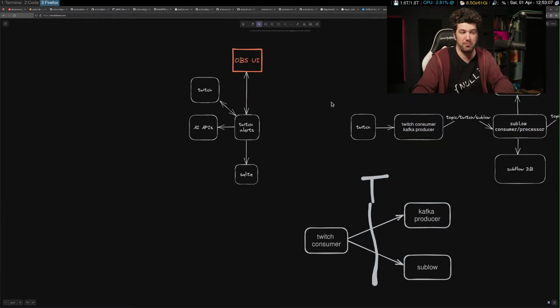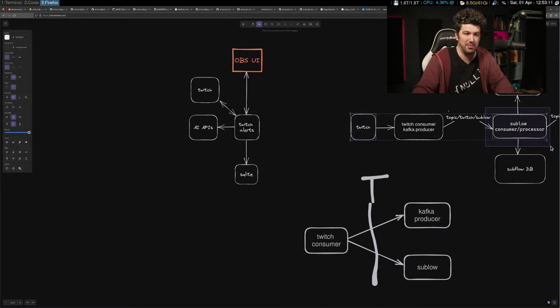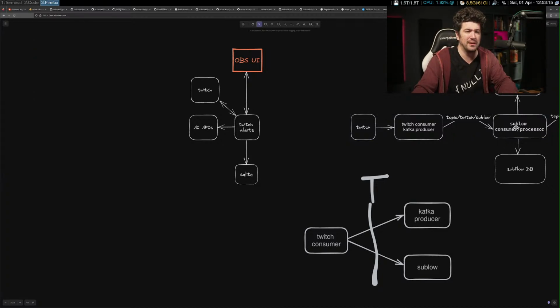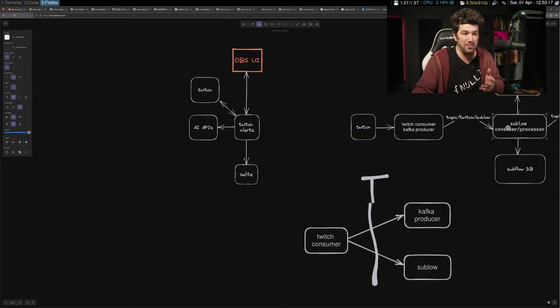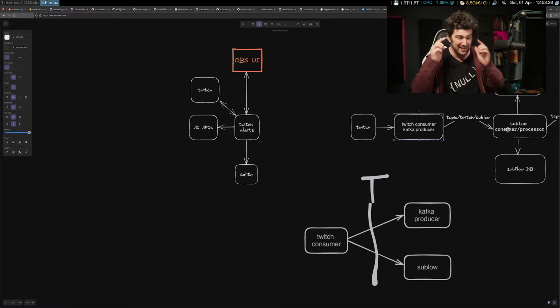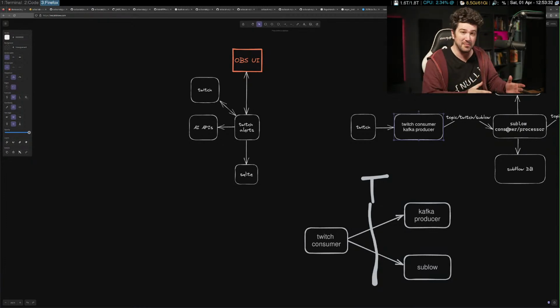When it's compiled as a single application, this and this are compiled together. That's my thought currently. Now, when this is compiled separately, it gets a Kafka consumer. So it just consumes the exact same message that Kafka would produce, and passes it on. That's my current thinking. I don't know if that's going to end in flames or in a glorious Medium article